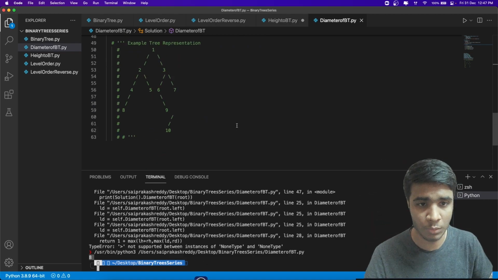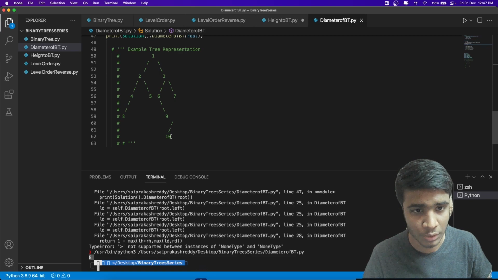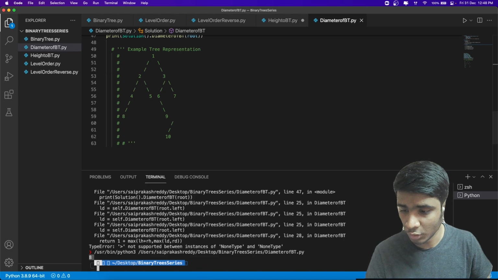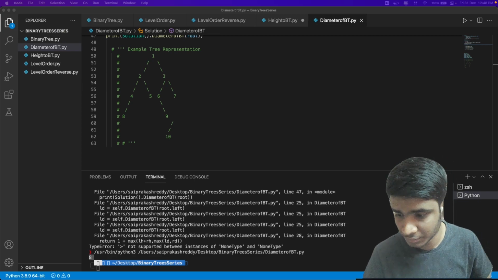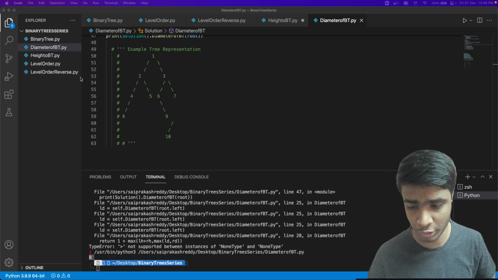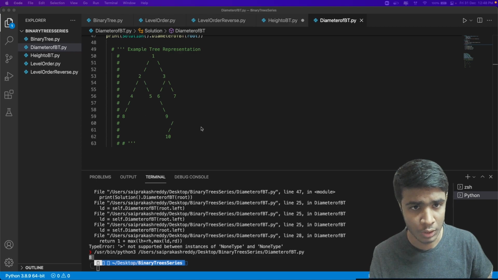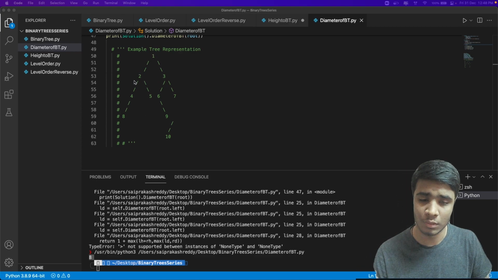And if you ask me how, let me show you how it is. So 1, 2, 3, 4, 5, 6, 7, 8. Right. So the longest path that I can create in this tree is 8, because now you remember it is the maximum path between any two nodes. So in our case, we are lucky that it is passing through the root, but there are cases where it doesn't pass through the root.